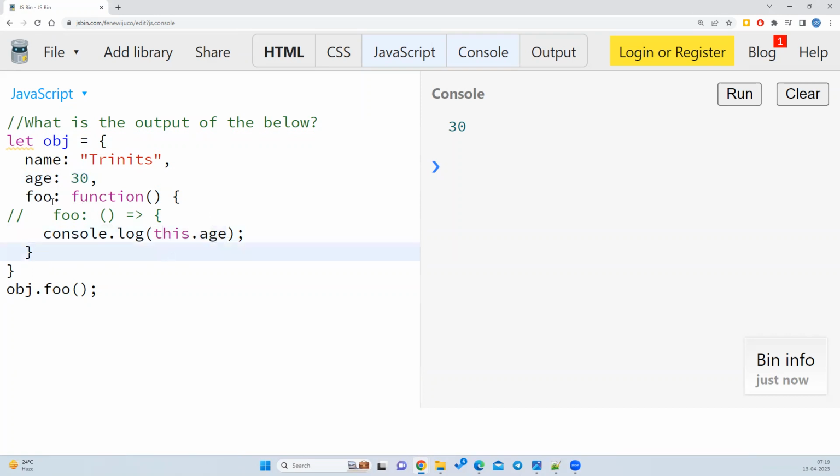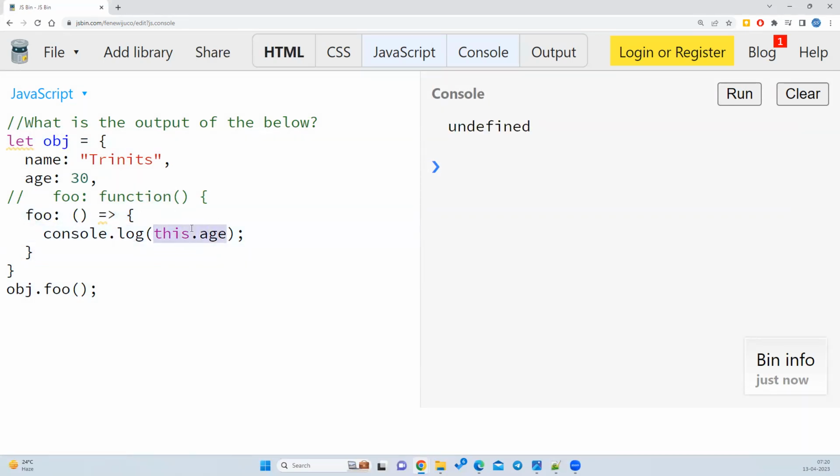The major difference is with an ES6 function, so we'll compare them. Now we'll convert the same function into ES6. See, we are writing the same name, but converting it into an ES6 function. Now if we execute it, what output are we expecting? Let's run it. Here we get undefined, because whenever you write an ES6 function, this